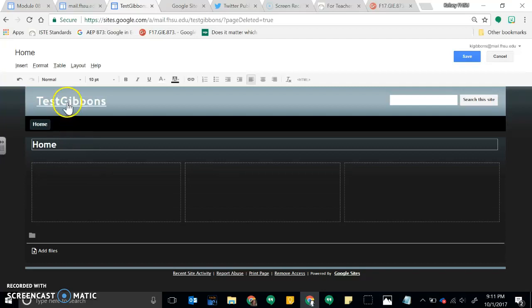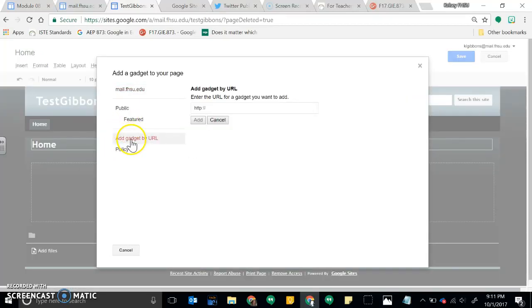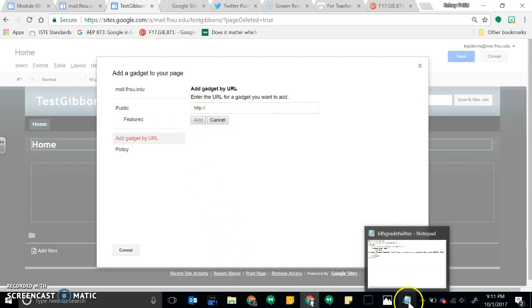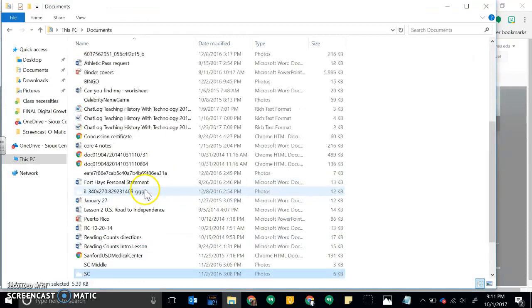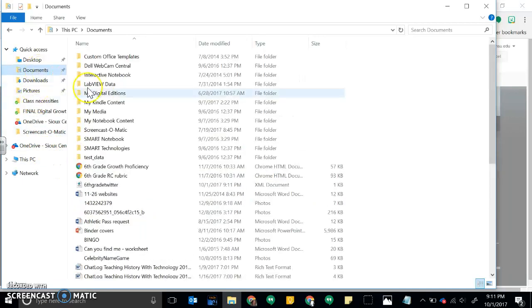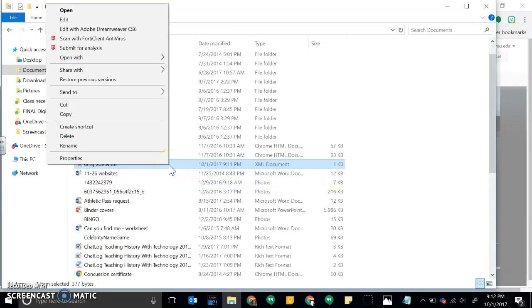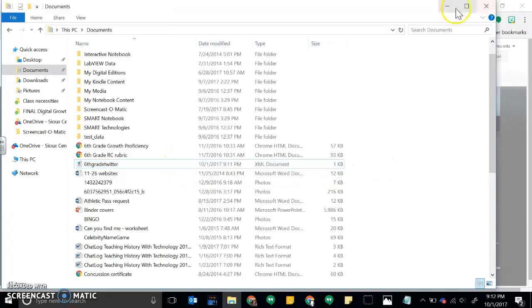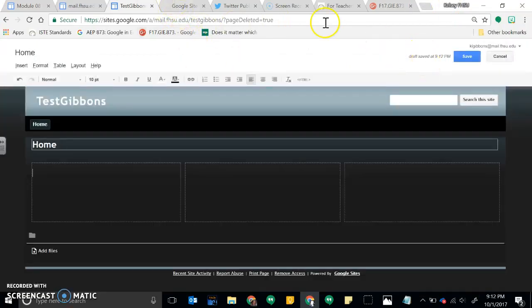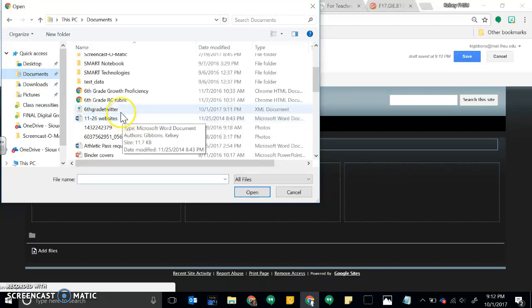So how I'm going to get this in here is I need to go to Insert. I'm going to go to More Gadgets, and then I need to enter this URL. So how I'm going to do that is I'm going to go to my file. I'm going to find my 6th grade Twitter feed, which is right here. I'm going to open this. Oh wait, I have to actually do one more step of this. So I'm going to add file, and then I need to go 6th grade Twitter,